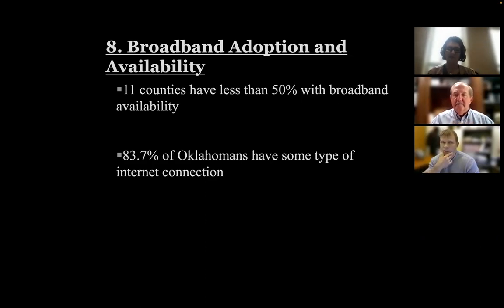Whenever we talk broadband, I always differentiate between the simple availability of broadband, which means you have a company providing service to your household where you could buy it if you wanted to, and the adoption of broadband, which means you actually do pay for a monthly connection and have a regular internet connection available to you that you use regularly. We're going to talk about both the availability of it, and you'll see in some counties it's just not available. Even if you wanted to pay for it, you couldn't pay for it. And adoption. So you can see some highlights here. 11 counties you'll see not very good broadband availability, and on average about 83% of our households have a connection at their house. So next slide.